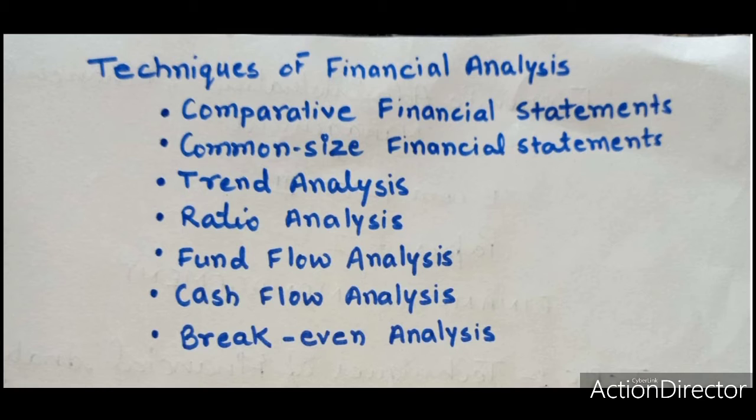For example, in a P&L account, the figure of each item is expressed as a percentage of net sales, while in a balance sheet, each item of assets and liabilities can be shown as a percentage of total assets and total liabilities and capital respectively. Thus, expressing each monetary item of the financial statement as a percentage of the sum total of which that item is a part transforms a financial statement into what is referred to as a common size statement.